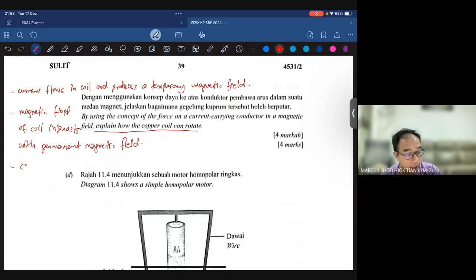Okay, a catapult field is produced. Okay, two forces